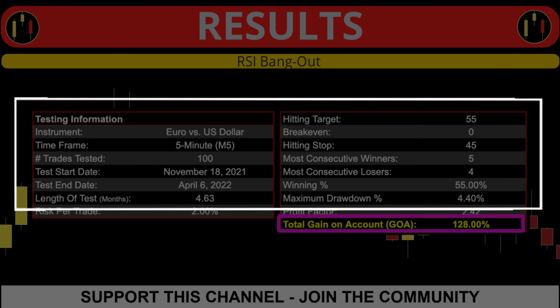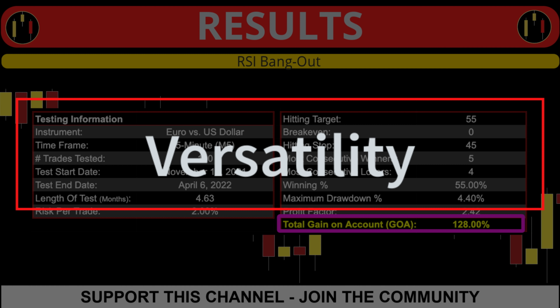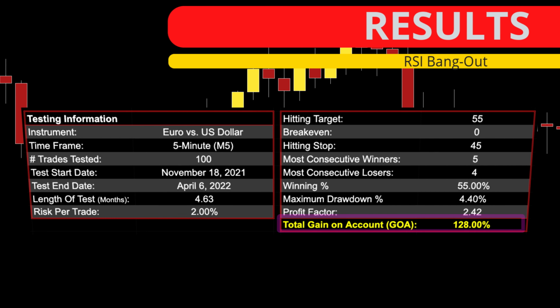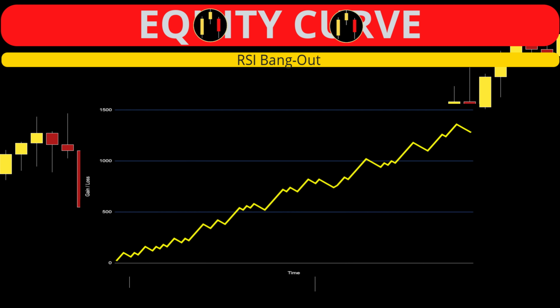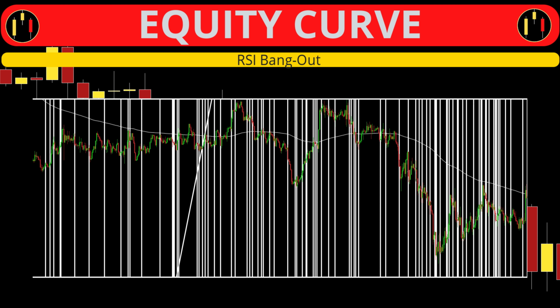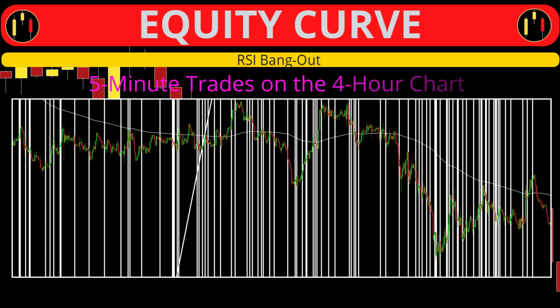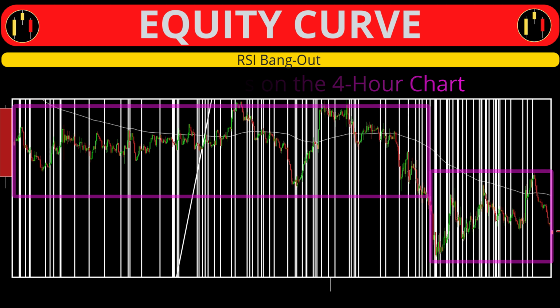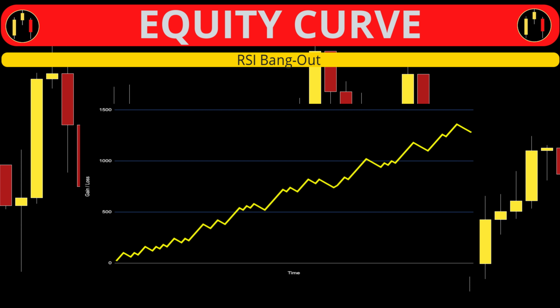And remember to watch until the end where I provide my ideas on how to make this strategy even more versatile. The equity curve here looks like a slice of heaven. The interesting thing is, if I zoom out and look at all of these trades on the 4-hour chart, this looks like a ranging market. One may conclude there is a potential here for the makings of a versatile trading system, but only more testing